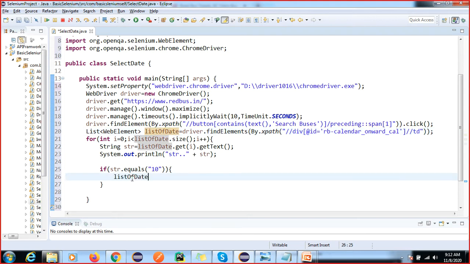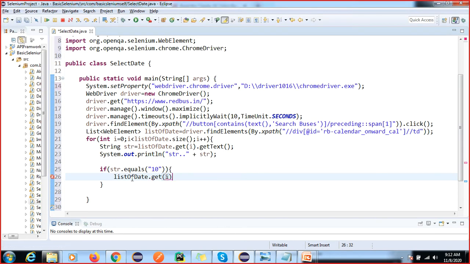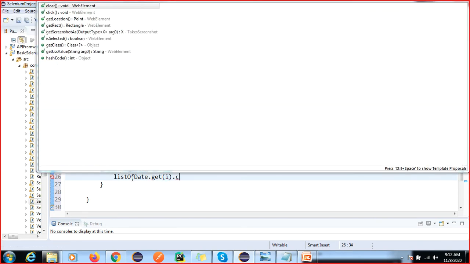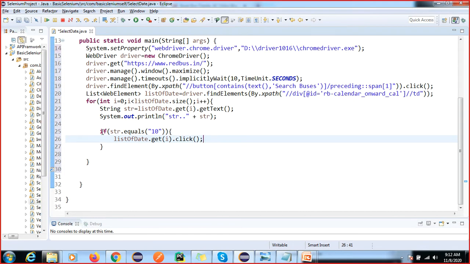So how to click this? With list.get(i).click(), right? After clicking, you have to break your execution. Got it, right? So these are the steps you have to follow.